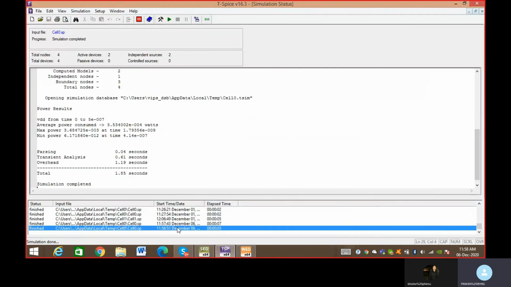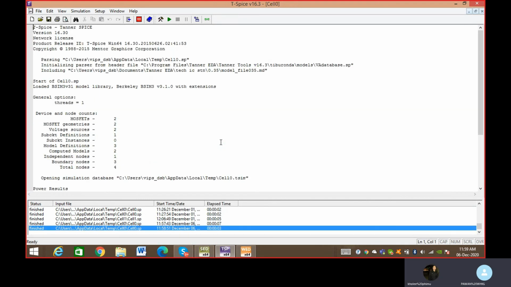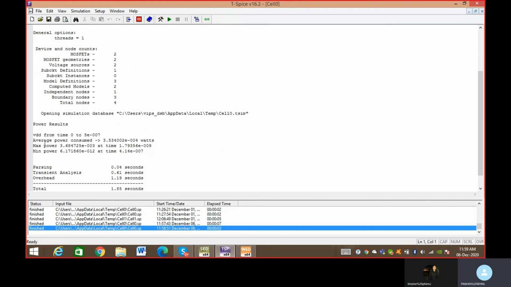For that, right click, go to Compare, and open simulation log. Once you click on open simulation log, see, this is the power. Our circuit consumes an average power of 3.5 times 10 to the power minus 4, and a maximum power of 1.7 times 10 to the power minus 9. This much power is consumed by our inverter.